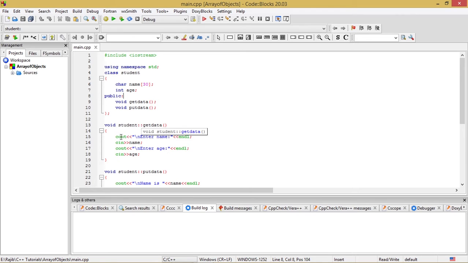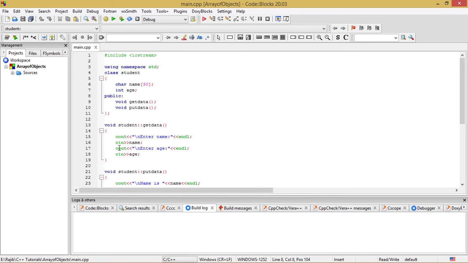Inside the function body, I have written a few very simple lines. Cout enter name, endl. Endl is a manipulator which puts a new line after this expression.